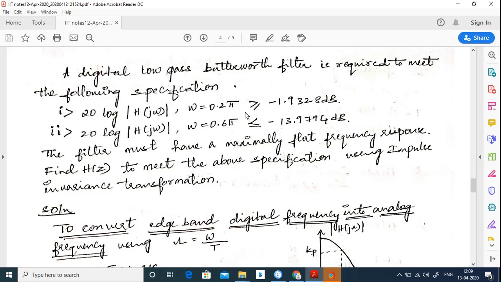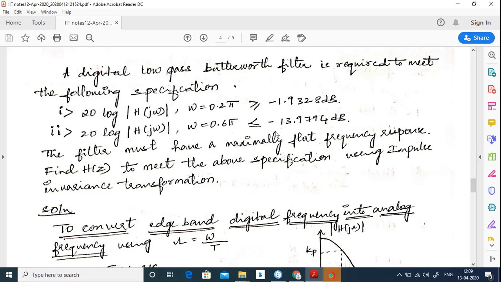That is equal to 0.2 pi, which will be in radians per second, greater than or equal to minus 1.9328 dB. And the second specification is 20 log magnitude h of j omega, where omega is equal to 0.6 pi,